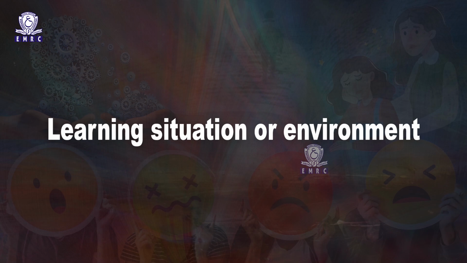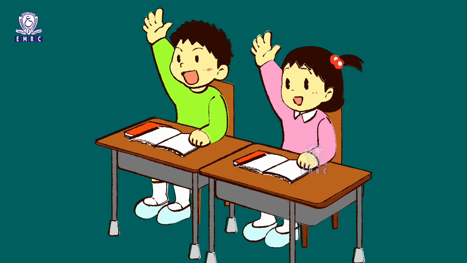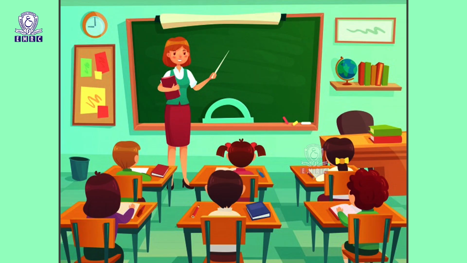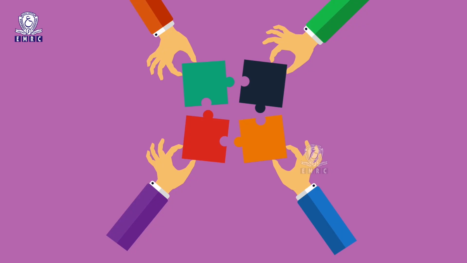Learning situation or the environment is also considered. Here we deal with the environmental factors and learning situations which come midway between the learner and the teacher. Topics like classroom climate and group dynamics, techniques and aids that facilitate learning and evaluation, techniques and practices, guidance and counseling, etc. are also studied for the smooth functioning of the teaching learning process.